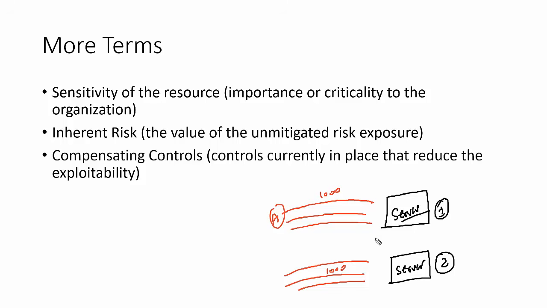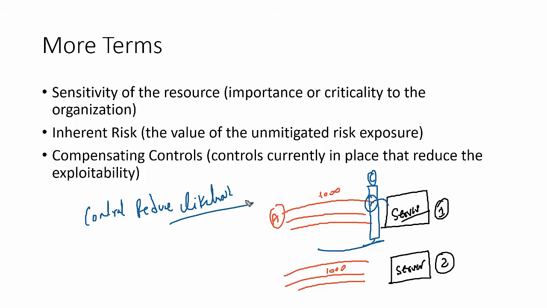Now, if in both servers we don't have any control, all the packets are basically targeting directly the server, which increases the load on the server while processing, and the same is applicable in the second server. Now what we did, we introduced the control, and this is basically called a control we introduce. So by which what happened, we reduced the likelihood. When we reduce the likelihood of traffic, it also reduces the level of impact. Okay, so control is introduced to reduce the likelihood.